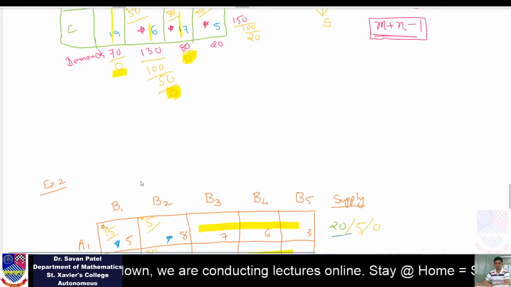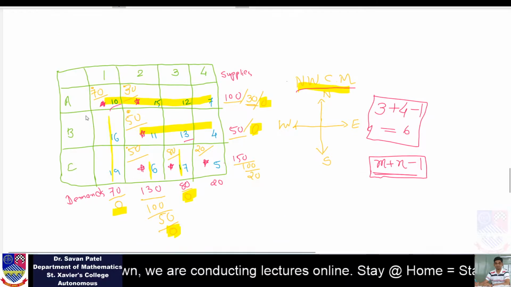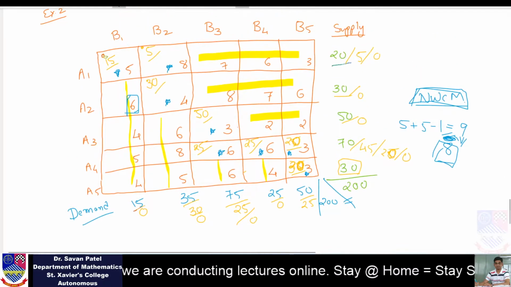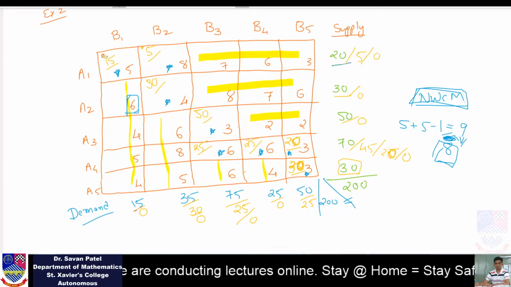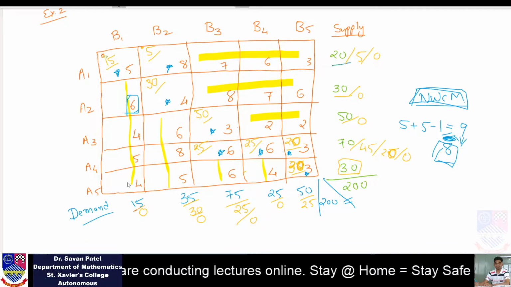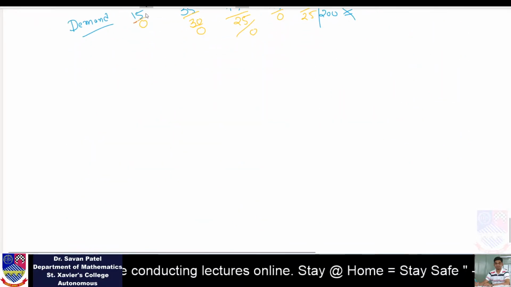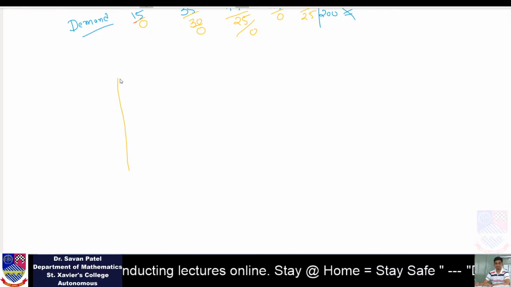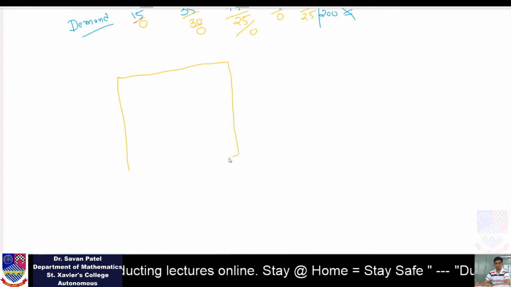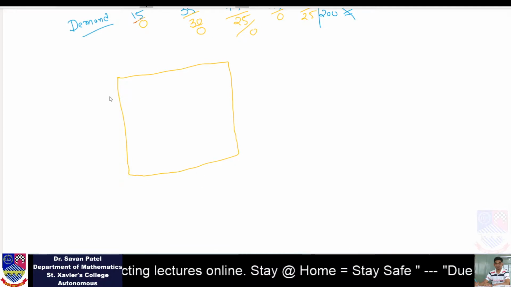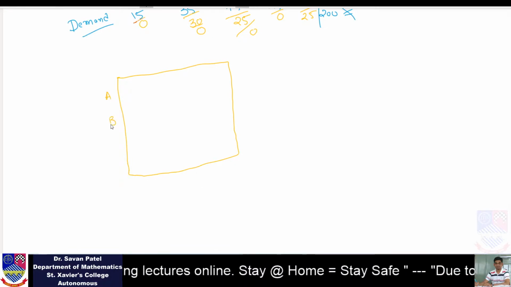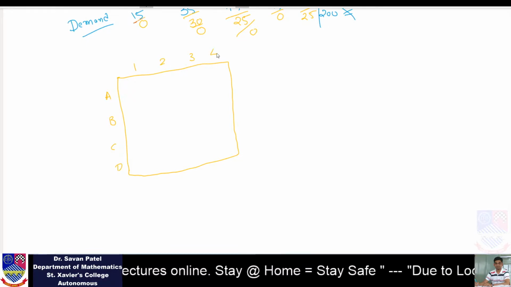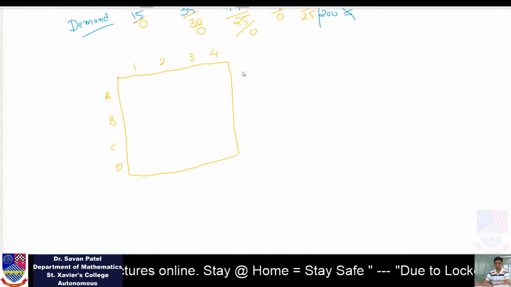So try any random question. You can write any random question and solve it via the northwest corner method. I am giving you a few problems here also. Say our problem has, I am not writing transportation costs, you can write them randomly. I am just writing A, B, C, D, 1, 2, 3, 4. The demands and supplies are